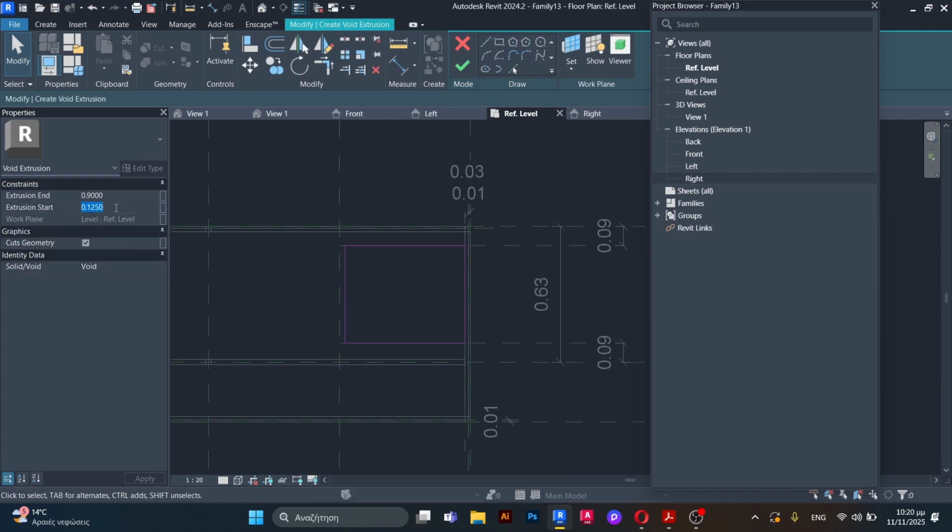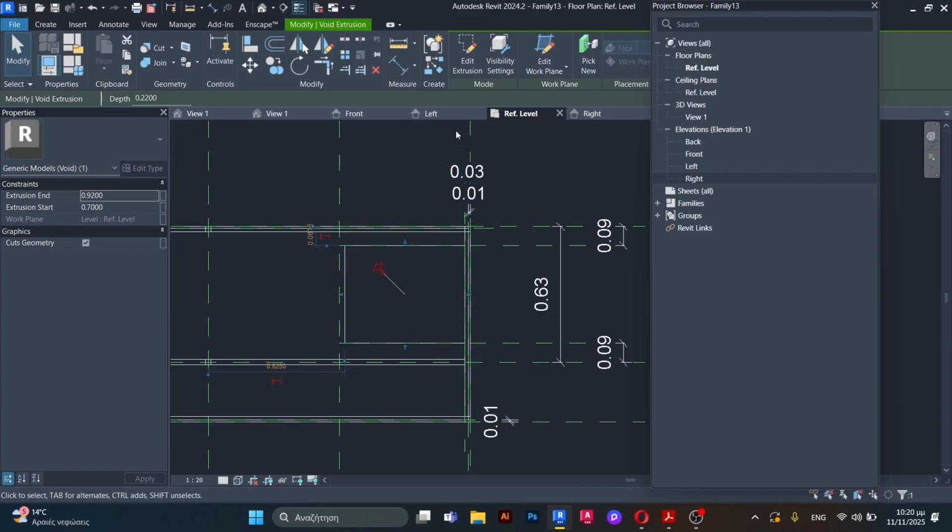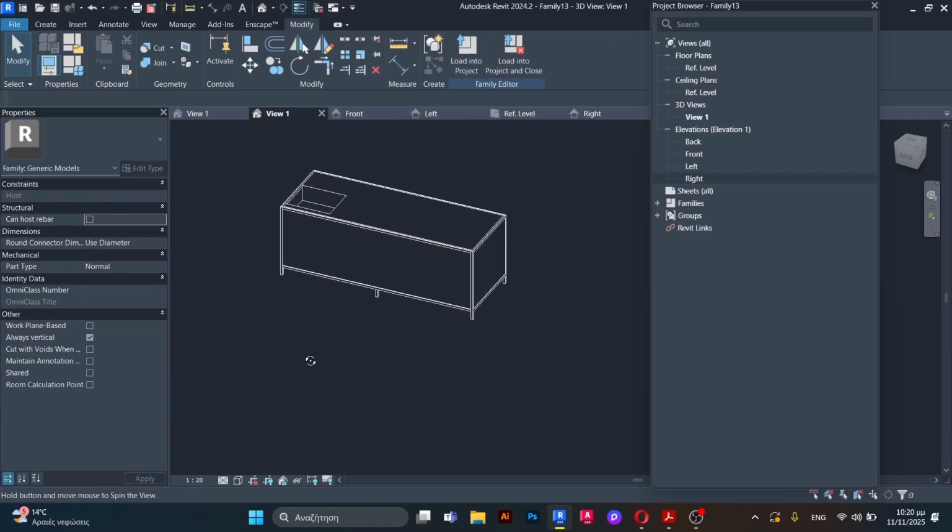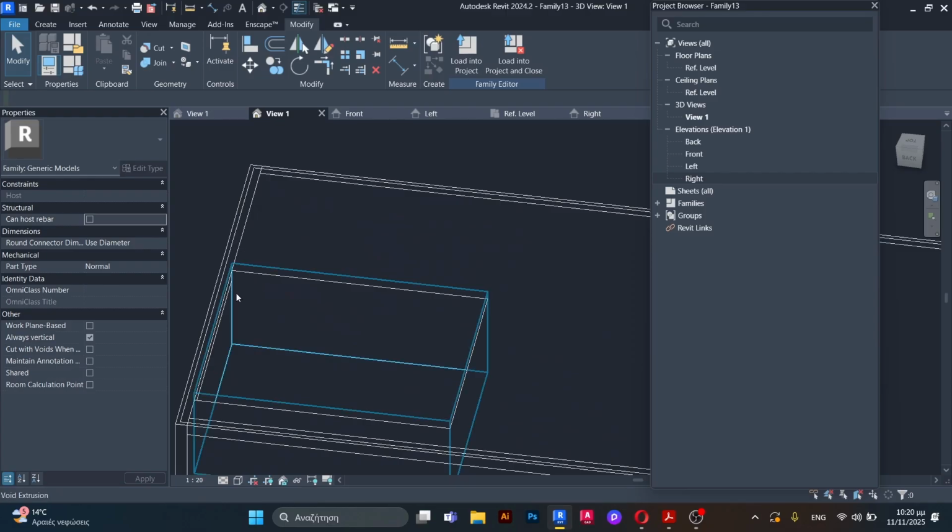And it will be 22 centimeters its height, the height of our sink. So 70, 92. If we go here, okay, we already have our hole,